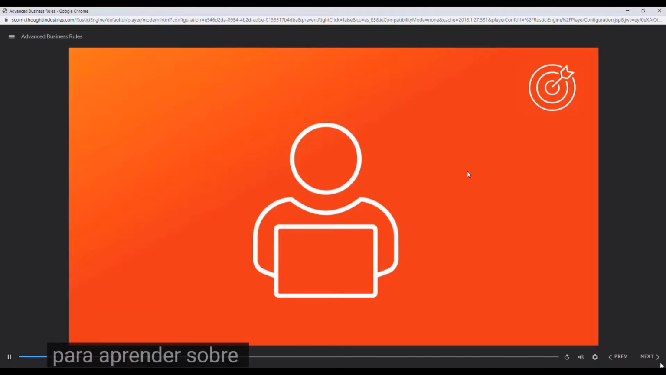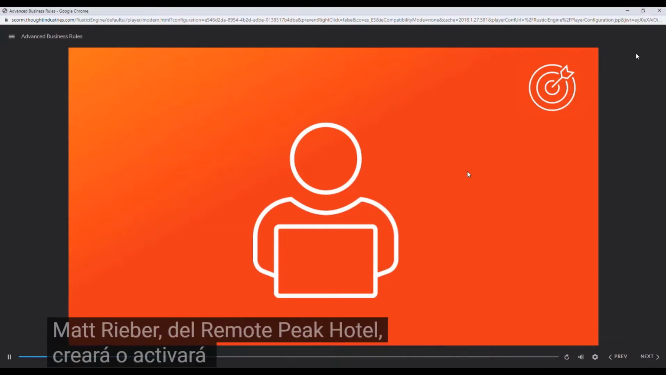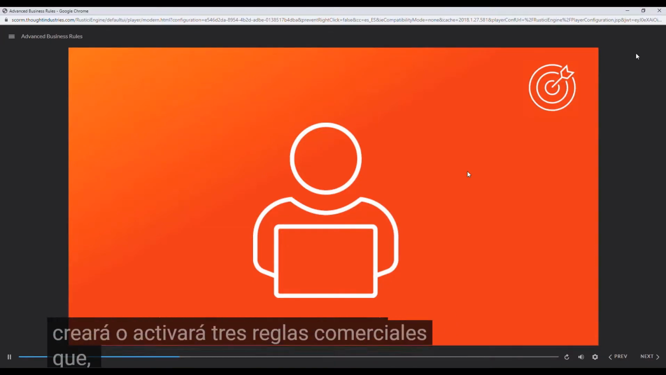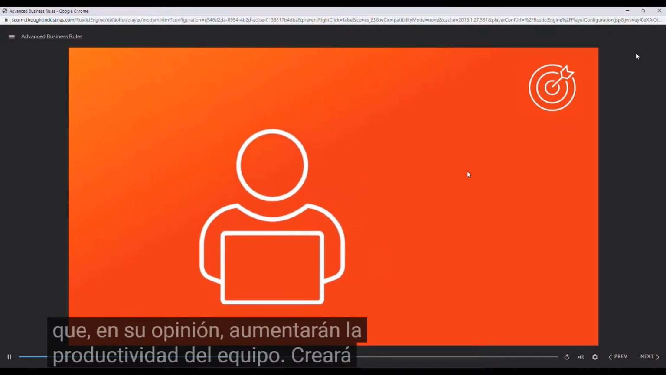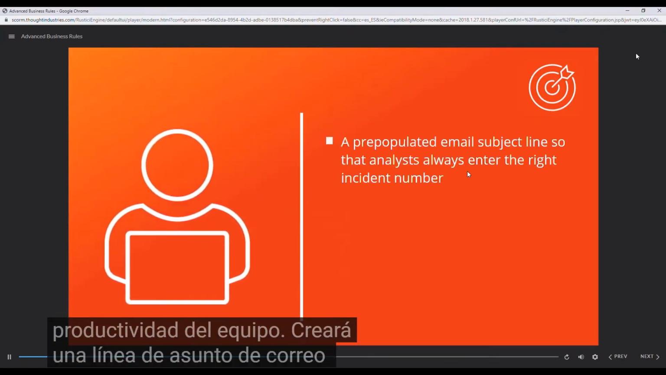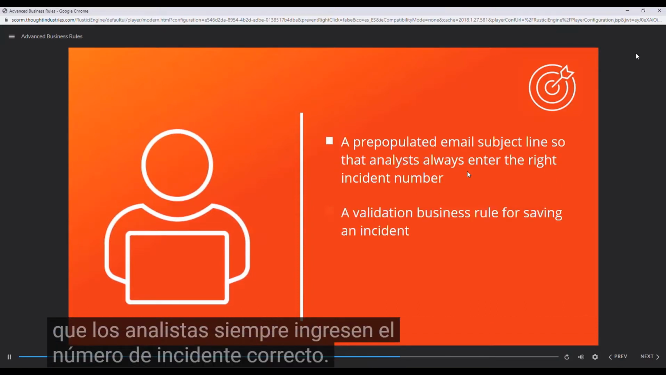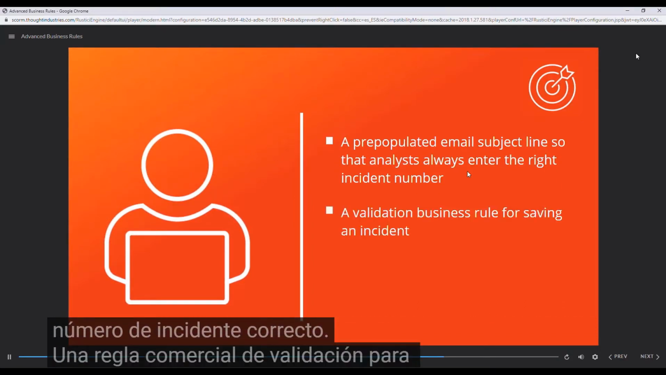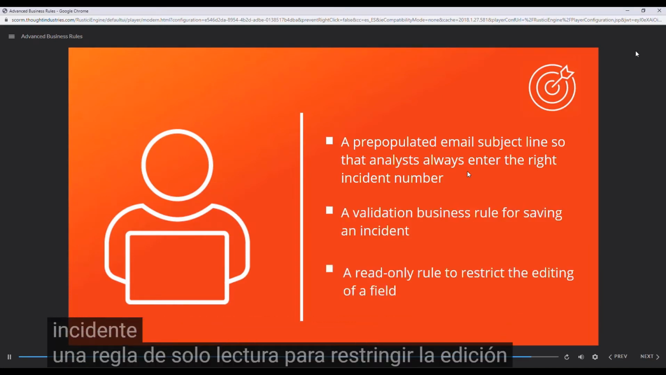To learn about business rules, Matt Reber of the Remote Peak Hotel will create or activate 3 business rules that he feels will increase the productivity of the team. He'll create a pre-populated email subject line so that analysts always enter the right incident number, a validation business rule for saving an incident, a read-only rule to restrict the editing of a field,